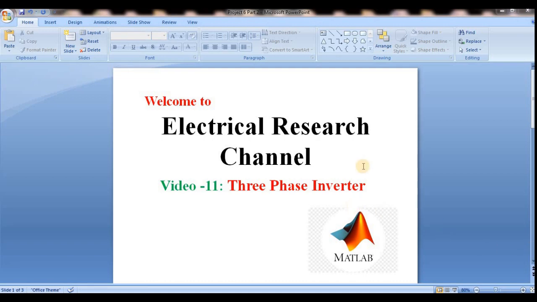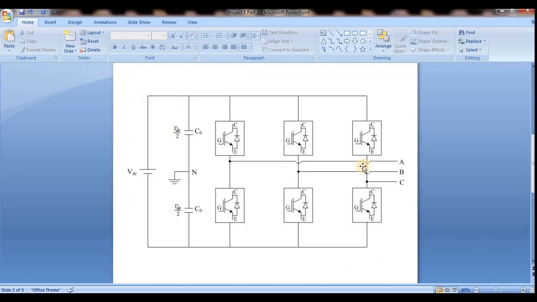And see, this is the basic circuit for the three-phase inverter, and these two switches are to generate the A phase, these two switches for the B phase and these two switches for the C phase. So three legs are there. Each leg consists of two switches and this is the midpoint. So I will tell you what is the use of this midpoint, and without midpoint how we can get it, and with midpoint how we can get it. And this is my DC source.